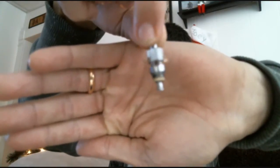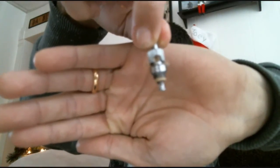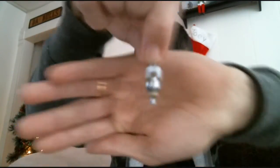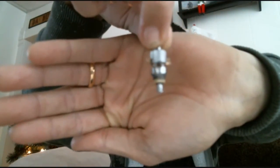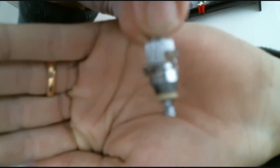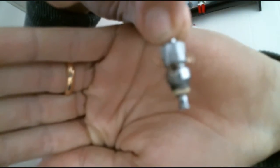It's got 2 wicks up top, and then it's got 2 wicks down at the bottom. So it's got the crisscross pattern going on, which is very, very nice. You can see there all the wicks. And it's a beefy head. It's a chunky, chunky head. So you got 4 wicks, and they're not just...